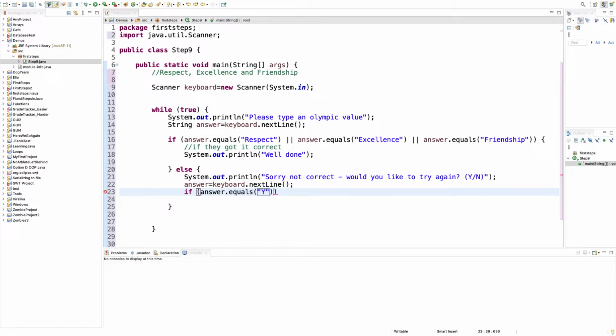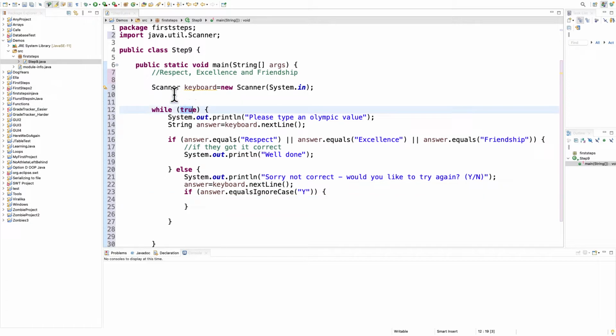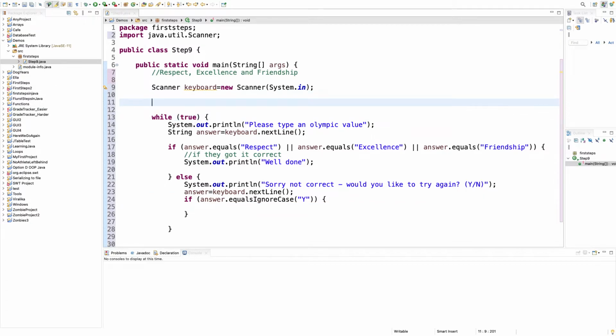Now in case they answer Y with a small y instead of a big Y, I can say ignore case. So equals ignore case. So if that happens, then what I'm going to do is remember this condition up here, this true. I'm going to make a variable for that. I'm going to say continuing equals true. All right, and then inside here I can just say while continuing